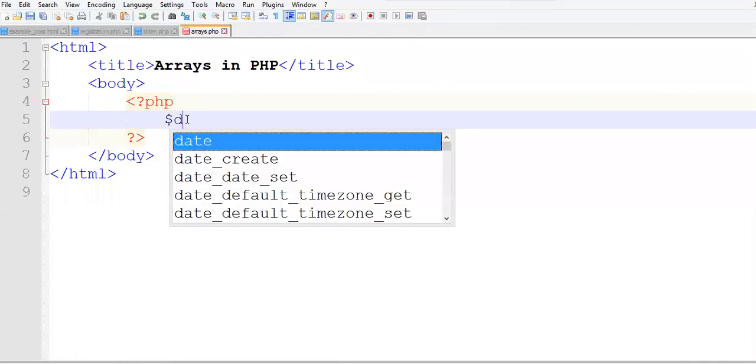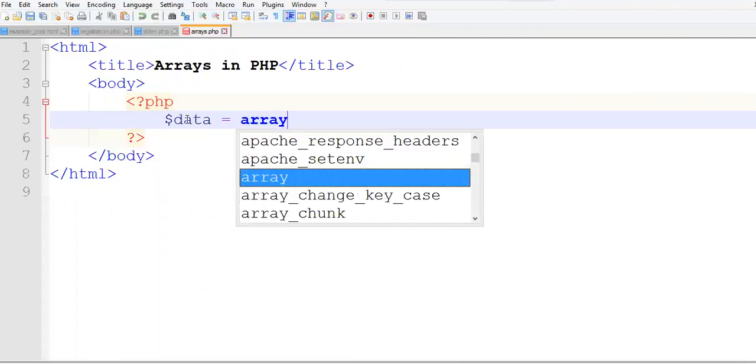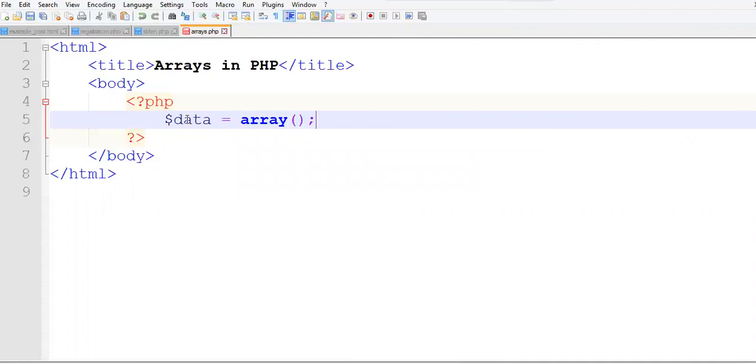So I'll say $data is equal to array followed by brackets. Here $data is a variable of type array. We write the variable name, equal to, followed by the keyword array and brackets. This indicates that $data is a variable of type array.